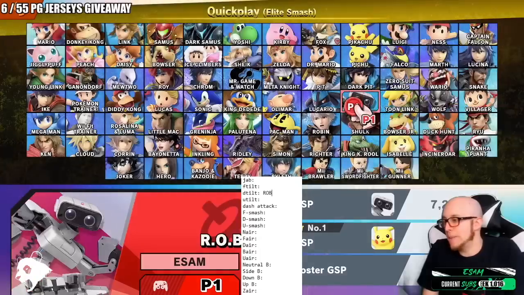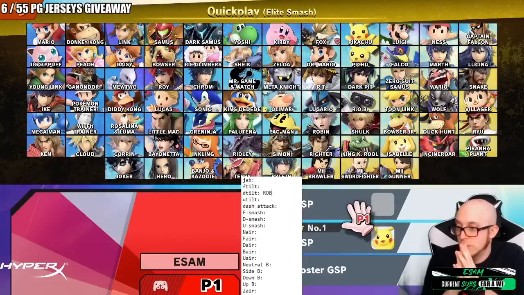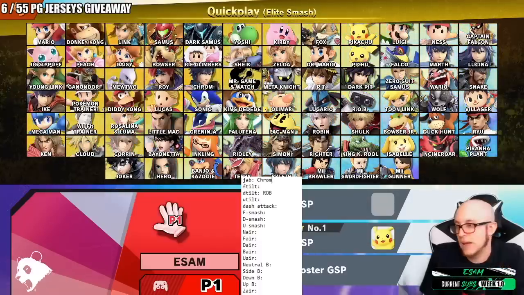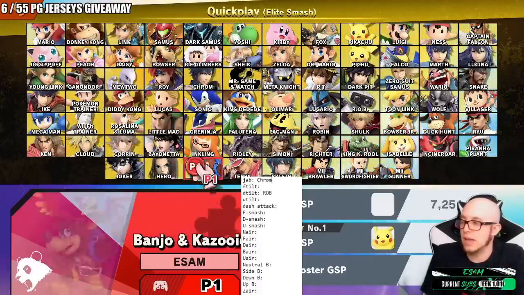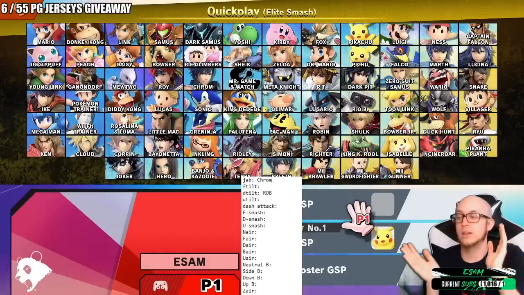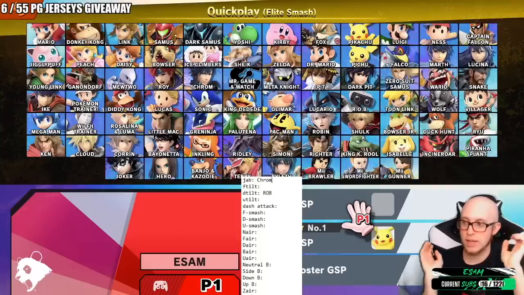Who's the best jab? I'm thinking it's either Roy or Inkling, probably. Bowser Jr.'s kills, but it doesn't matter. But you have to think about it. I think the best jab in the game is Chrom. This was very close, honestly. I think the second best jab in the game, well, Roy, but other than Chrom and Roy, is Inkling